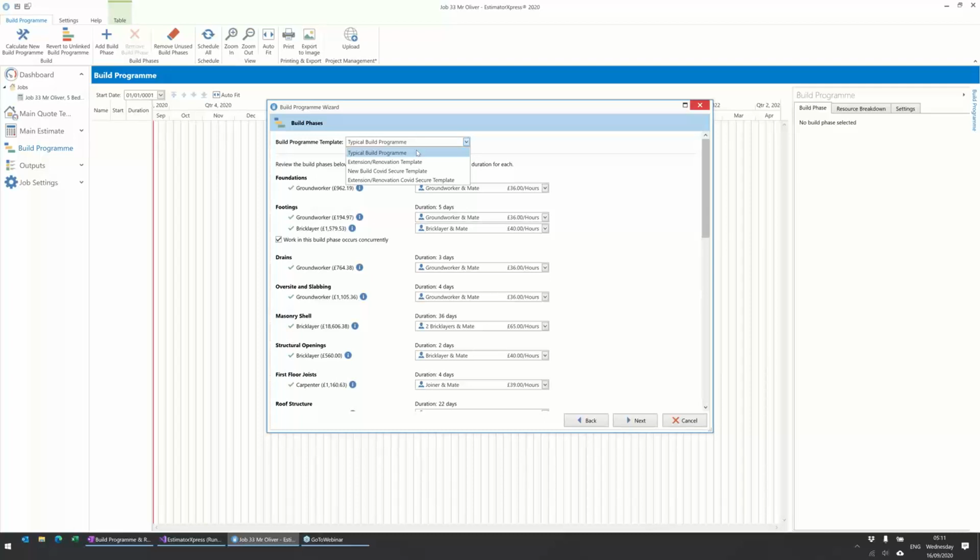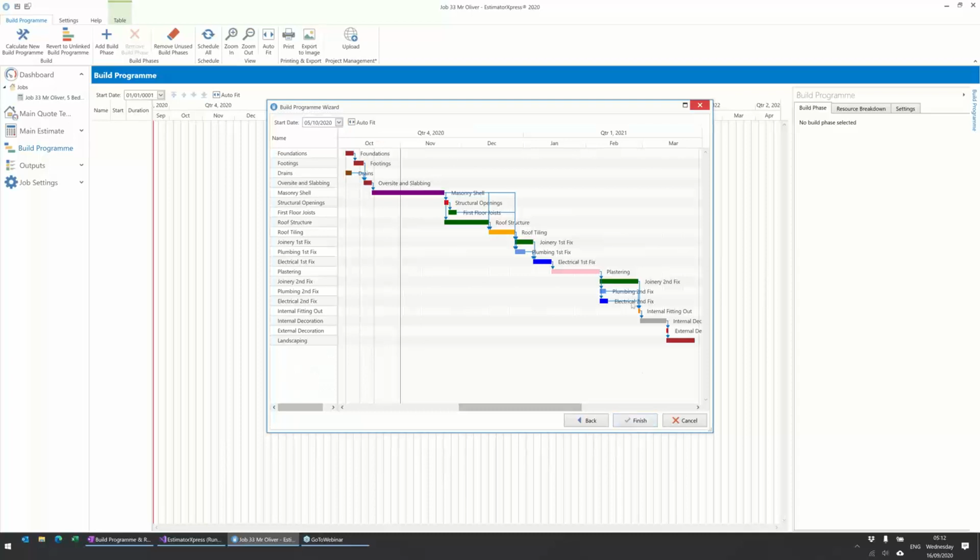So just minimizing so that you don't have lots of people intermingling that shouldn't be. So it's just a longer duration and timing it so that multiple people aren't on site at the same time. So yeah, I'm using this typical build program, which as I say is the new build one, and we'll no doubt get a slightly better name before release. Okay, so if I press finish now,